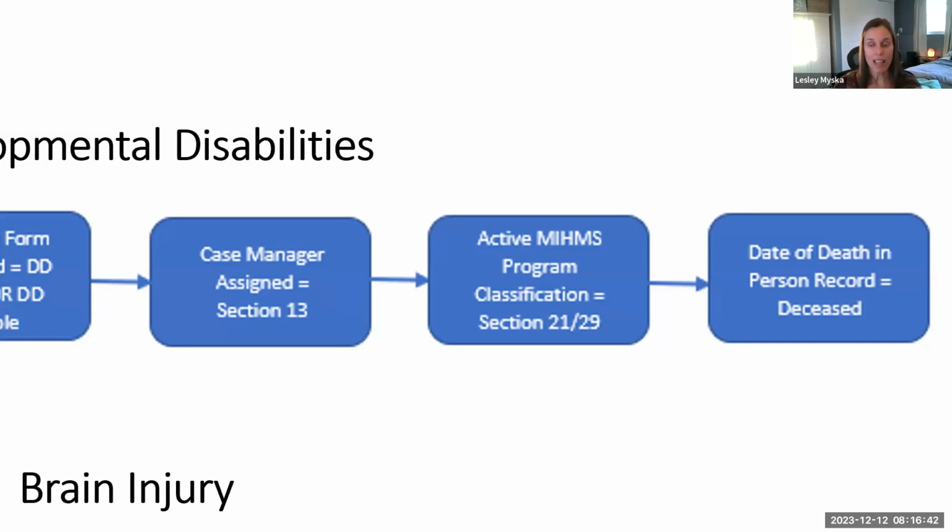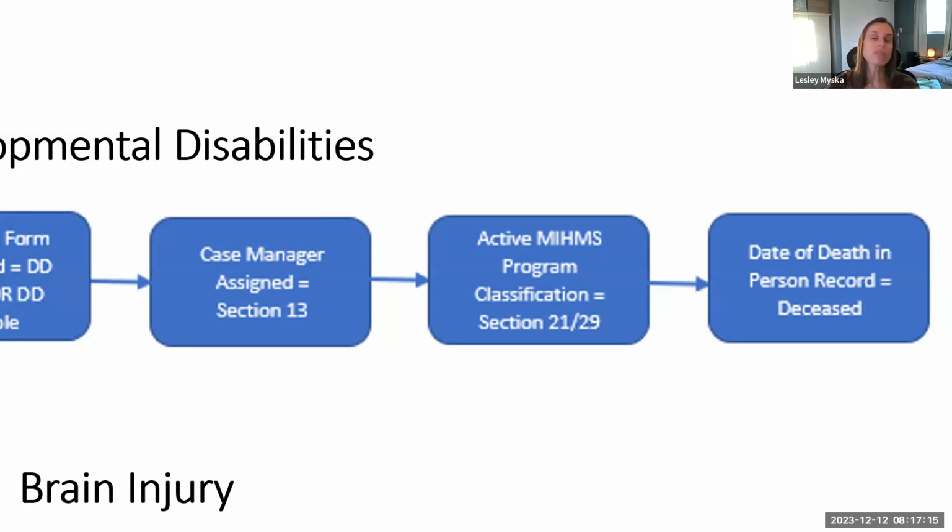That evening that the classification was entered into MIMS, it will flow back into Evergreen and the person record's status will update to whichever section of program policy they are now classified under, Section 21 or 29. The person will stay in this status so long as their person-centered plan keeps getting updated annually and their classification keeps getting updated annually. If for some reason their classification ends prior to the end date, it doesn't get updated